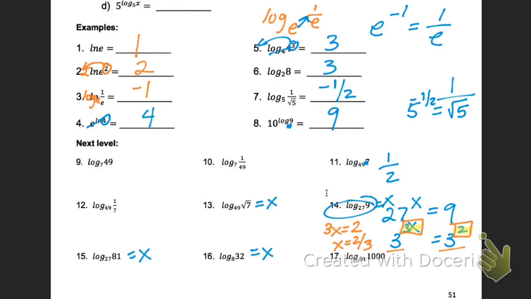You could do it for all of them. Sometimes it doesn't make sense, but some of them I did in my head and it was a lot easier. If you can do it in your head, that's fine too. Some of them you can look at and automatically know it's going to be squared or it's going to be 1/2. The ones where you get a fraction like 2/3 or 3/2, that's where it gets a little bit more tricky. So like number 16, for instance, if I say that this equals x,